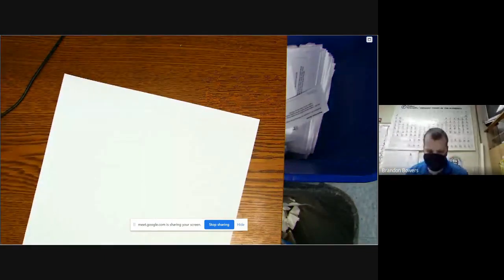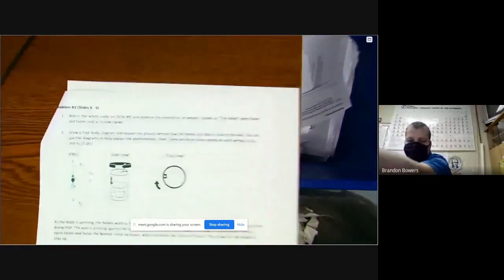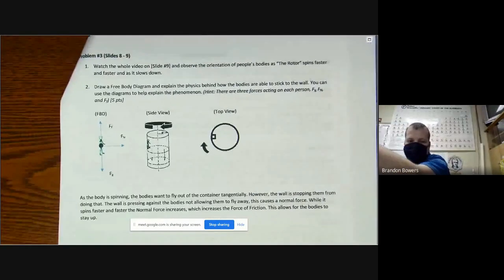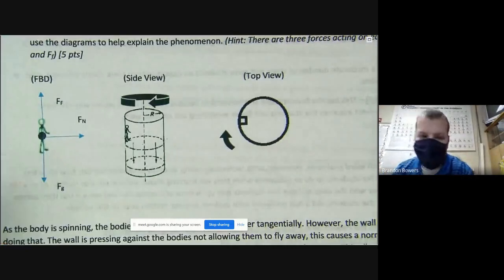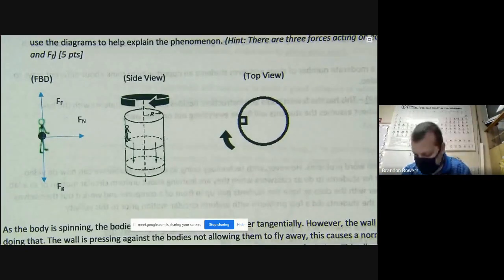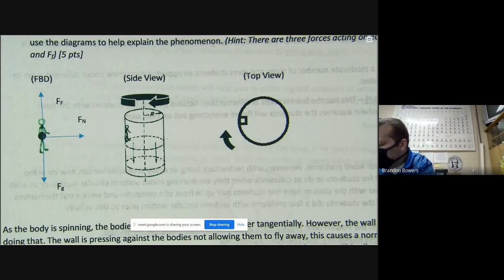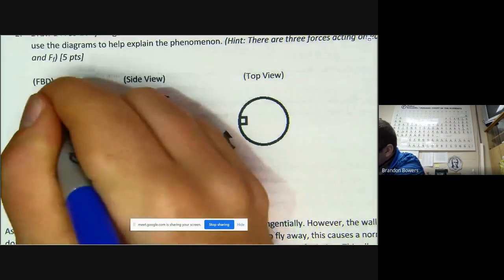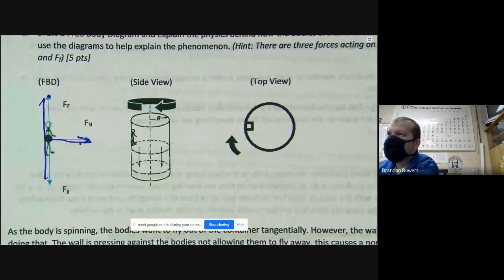All right. So if I drew out the free body diagram, you have 3 different options. Actually, I'm going to show you the one I printed off. All right. So if you just drew this first one, that would have been perfect. Since the guy was on the wall, since the wall is right here, that's why the normal force is going that way, right?